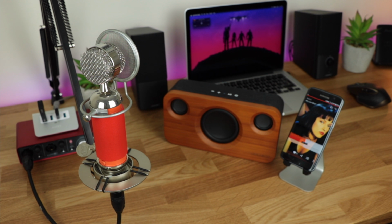Now, as with all audio reviews on YouTube, it's really hard to come across in terms of the sound quality of the actual speaker itself. So you're going to have to take my word for it when I say that this thing sounds awesome. It's got some really awesome mid-tones with the two tweeters, and it's got some really nice bass with that 15-watt subwoofer. Now, some people may be slightly put off by the bass because it can be a little bit overpowering,